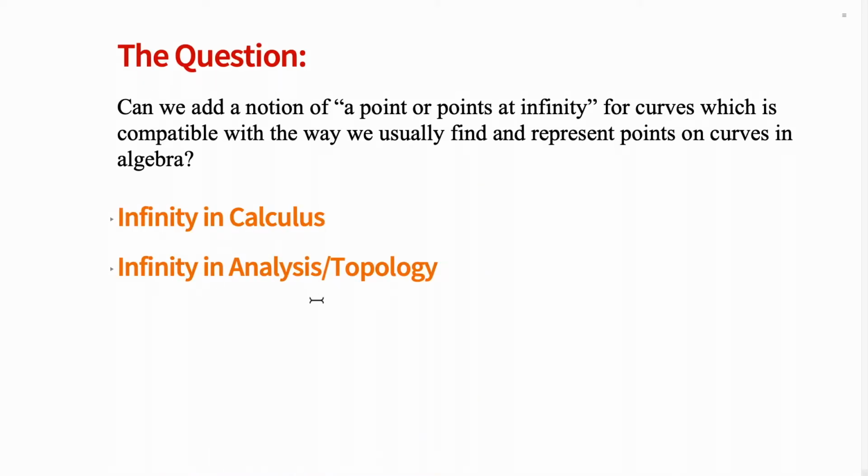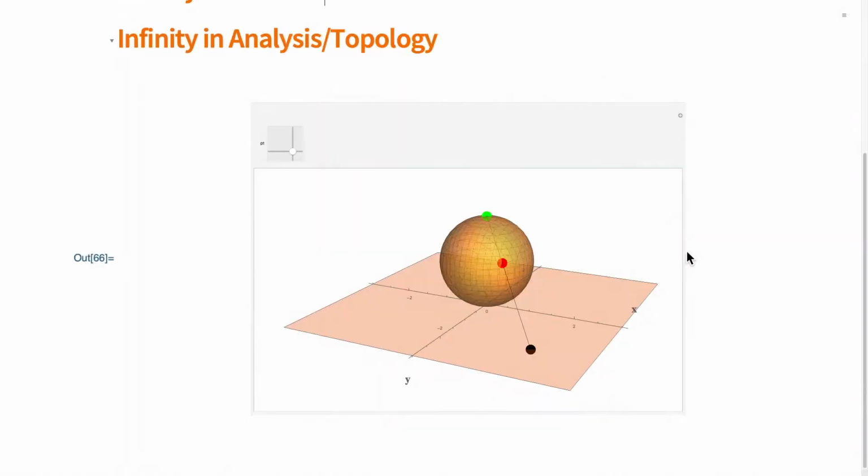You can also look at infinity in the branches of analysis and topology. A common way that they do that is through a technique called stereographic projection. In stereographic projection, the idea is you lay the xy plane flat and you drop a sphere of radius 1 onto the plane in such a way that the bottom of the sphere just barely touches the origin. Given any point in the plane, you can connect that to the top of the sphere with a line. That line will hit the sphere at exactly one other point, which kind of folds this point up onto the sphere. And as you move that point around the plane, that point will fold up to lots of different points